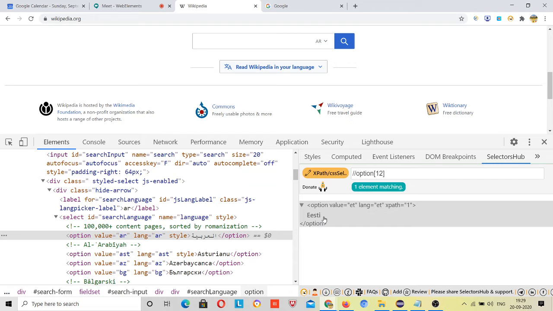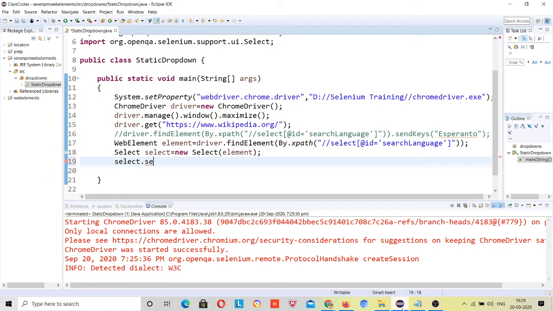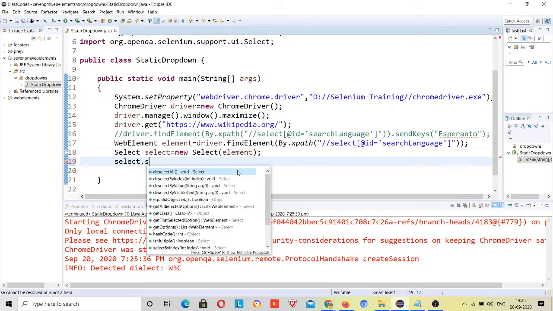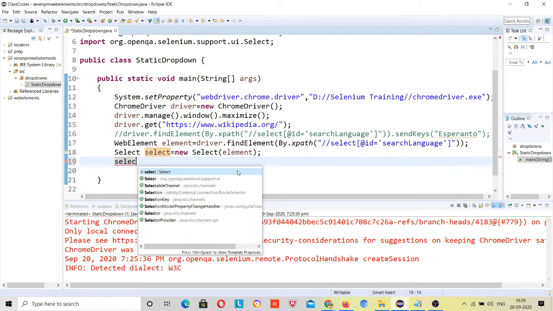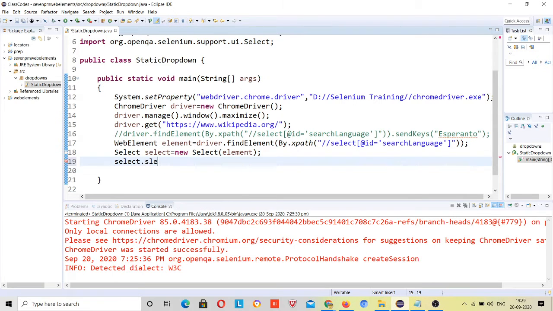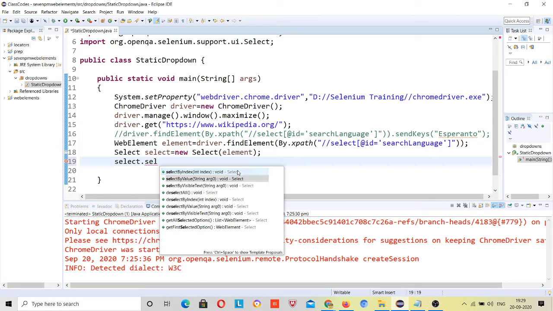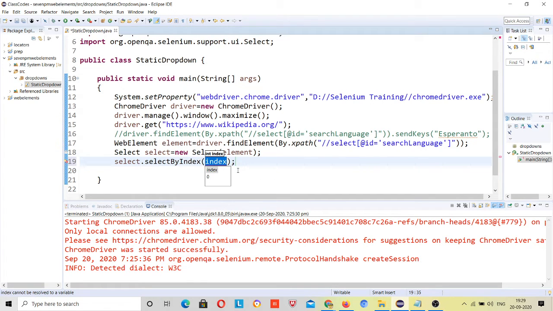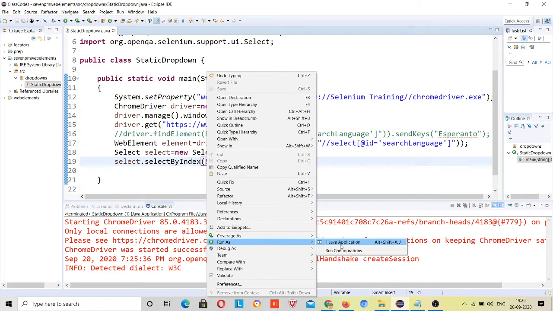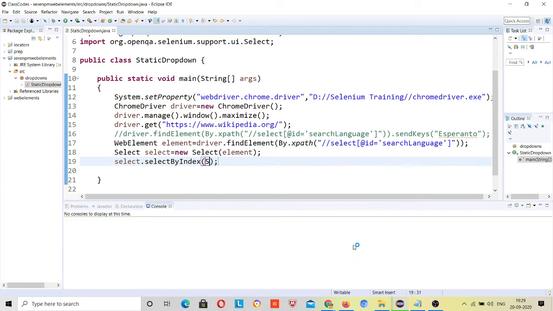It is EESTI, right? So here we have this method present, select dot select by index. Suppose I pass 5 here, so the fifth element will be selected, right?